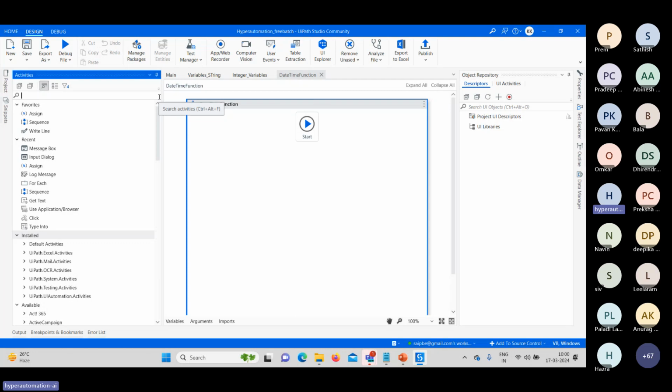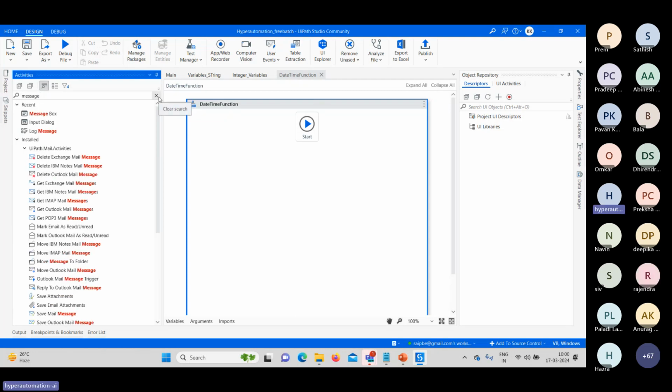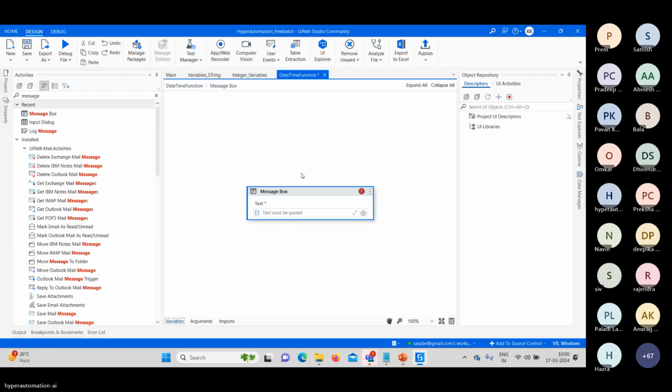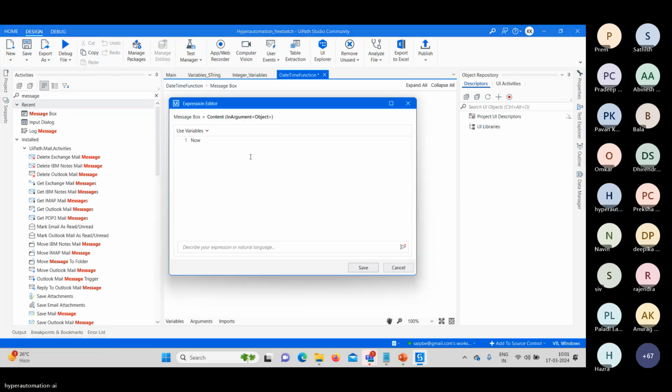I'll simply take the message box to have your values created here. What is this now? It's a function which will print your date and time. So I'll say in double quotes, date and time